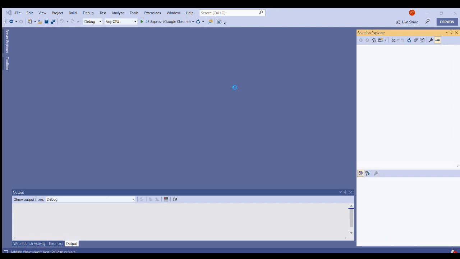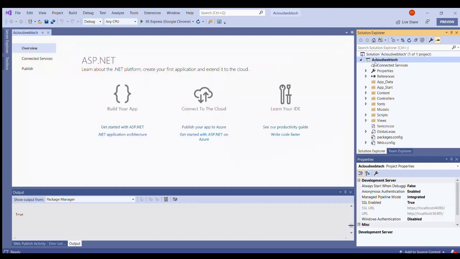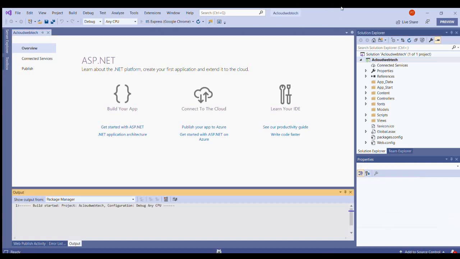As soon as this is done, we are going to see the solution of cloud web tech in the Visual Studio. So we can browse that locally, and once we browse that locally, we can do the deployment of that same application in the Azure portal. Okay, we have the solution here. I'm going to browse it locally. If you browse locally within IIS Express, by default it will provide.